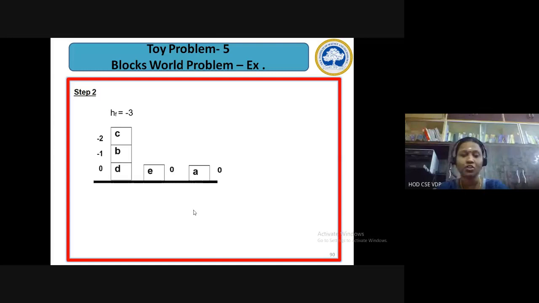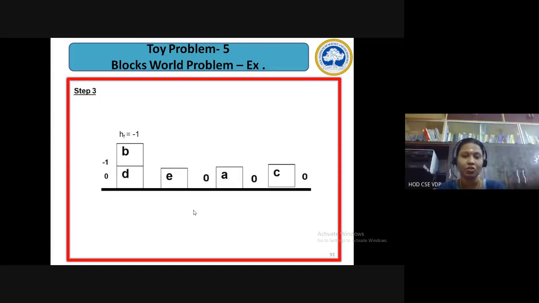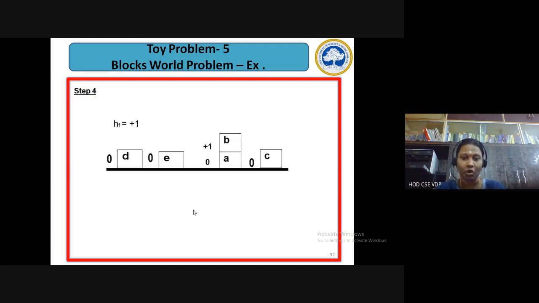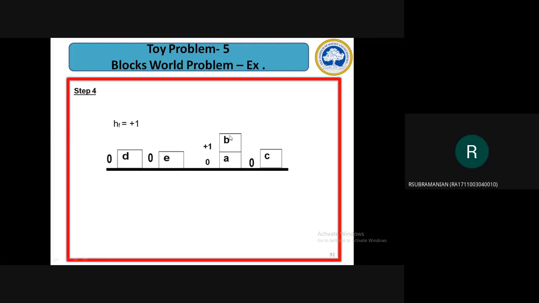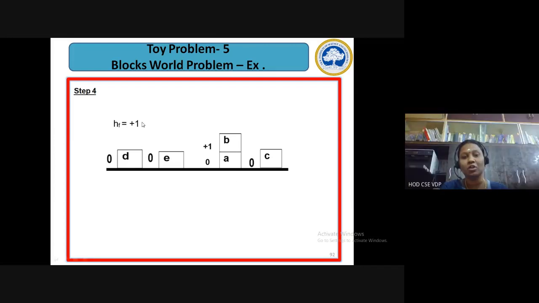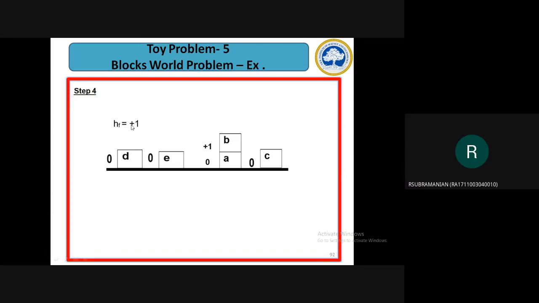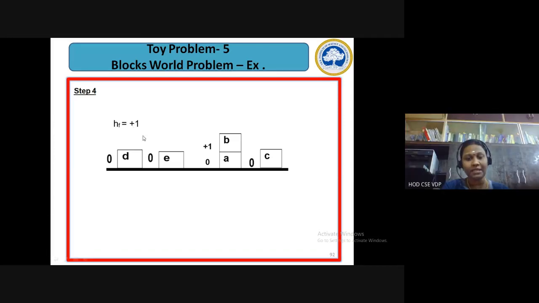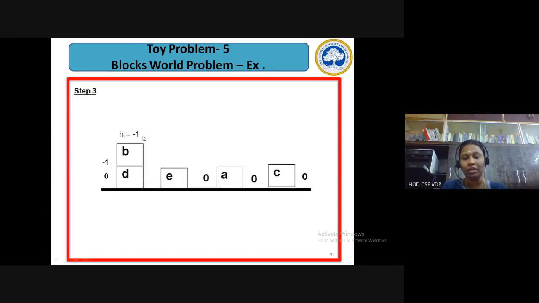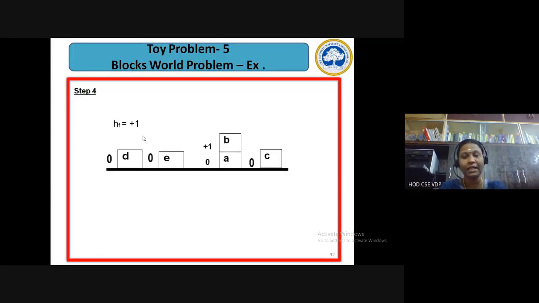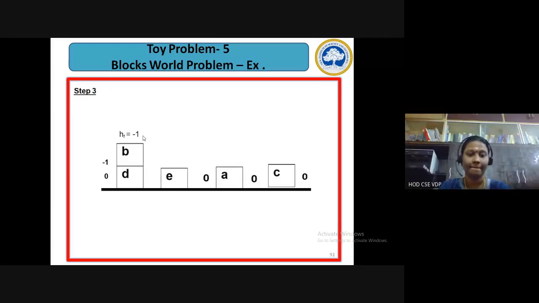Yeah, but once you rearrange it, so see, I'll show you here. Now it has already reduced. Once you rearrange the blocks, this actually matters. So here I can also rearrange, saying that I can place E after A. If that is the case, my heuristic will not improve, right? So in the first 3 steps your heuristic will definitely go down, but then here, this building up actually matters.